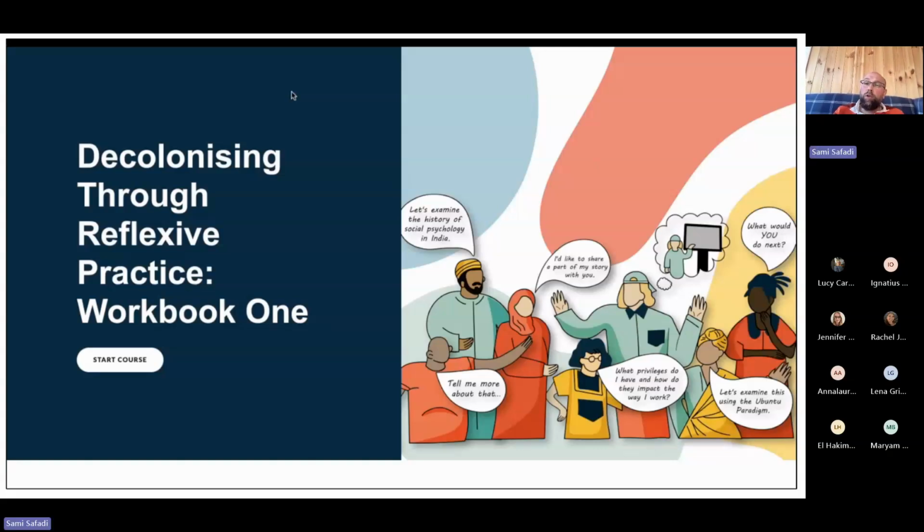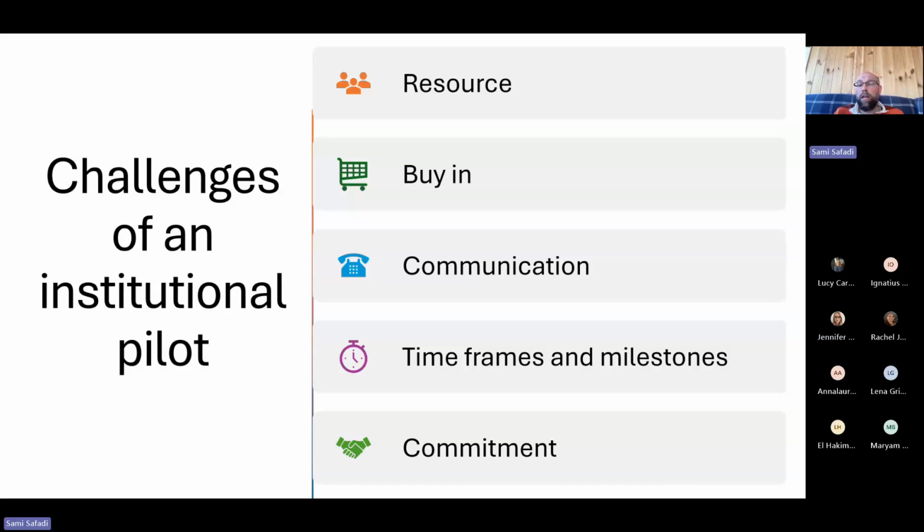So that's essentially the e-course and where we got to, like 2 years on, in terms of resource, in terms of implementation. But there are still challenges. Some of you mentioned this earlier on. Even though we have had resource allocation to deliver this, as I've mentioned, to pay for the e-course and to create it, and then for my time to deliver it as a pilot across the university, it still takes a lot of resource of colleagues engaging with it, where workload, the commitments are pushing against things, but also around